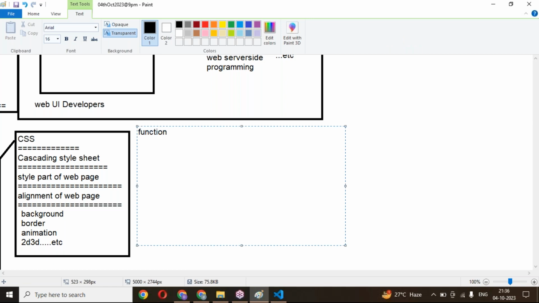The functionality of a web page, we can create it with this JavaScript. Here you can understand how we can write our functions. Functions are here. The functionality of a web page we can create with this JavaScript. JavaScript topic. Functionality means validations,